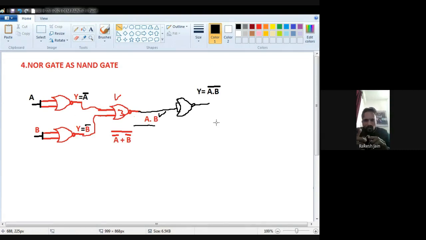This is the output of this third NOR gate, and it is the output actually of an AND gate. Now I use here a fourth NOR gate which behaves as a NOT gate. So the output of this fourth NOR gate will be the complement of the input. So input is A dot B, so the output will be A dot B having a bar. And I know that this total circuitry's output is of a NAND gate, A dot B having a bar. One is a NOR gate and the fourth NOR gate again as a NOT gate. Then with the help of these four NOR gates we can realize a NAND gate.